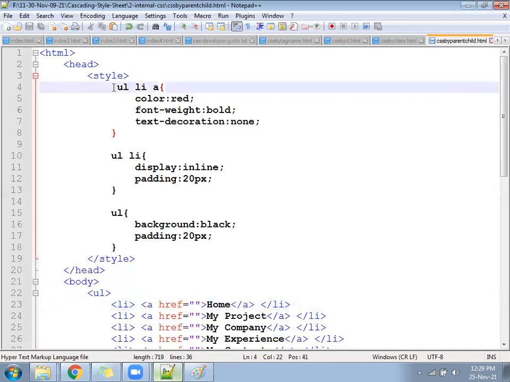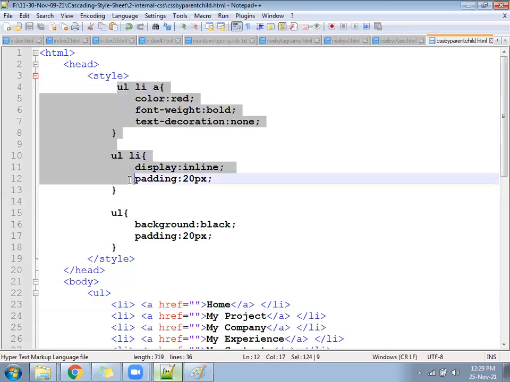So what you can do is copy these two lines and paste them as an example in your developer guide.